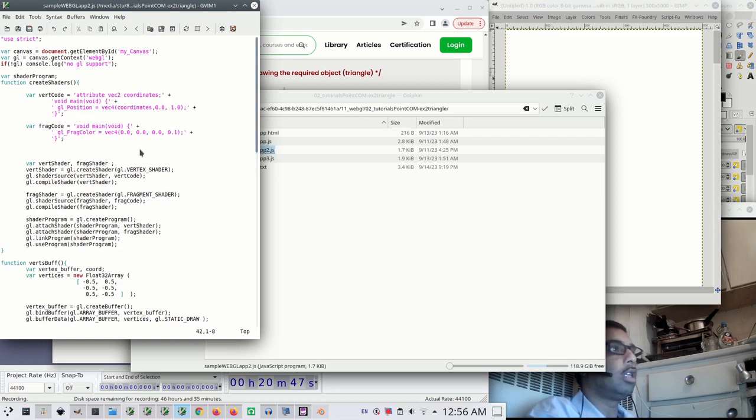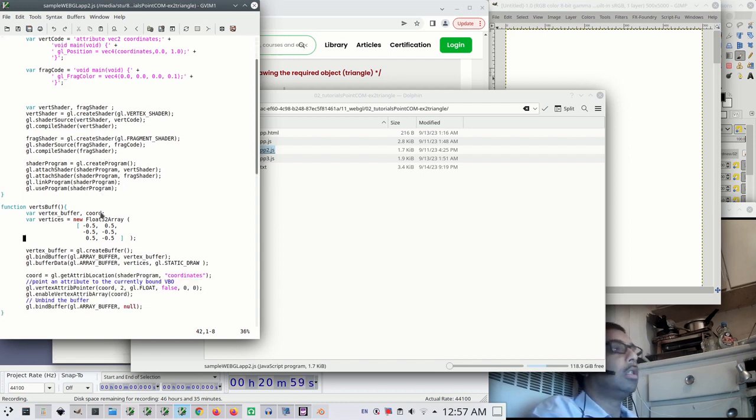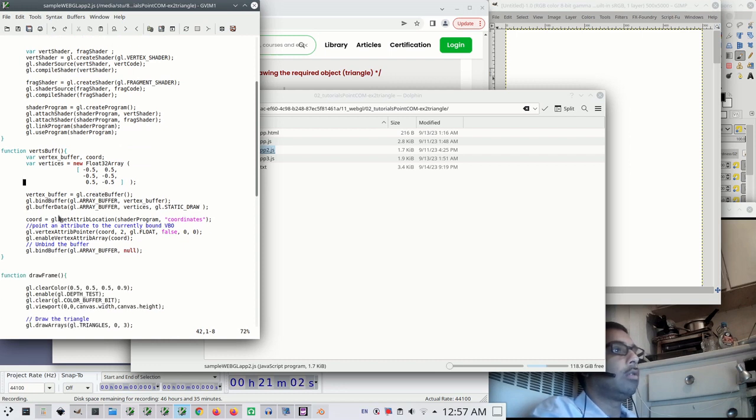Create shaders has our strings and does all that shader stuff we were talking about: compiling it, attaching it, linking it, and then use program. And verts is where the points are, and the buffers get bound between the CPU and GPU. Then on the GPU side, we connect the coordinates attribute name that we set in our vertex code; we got that pointer and connected it to our array on the vertex. So this is GPU stuff. We copied that data over, and then